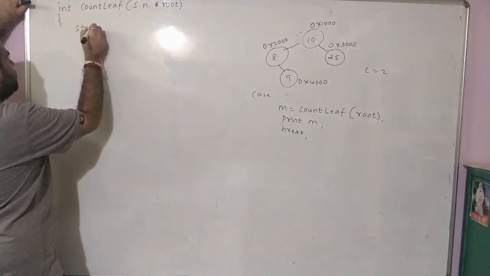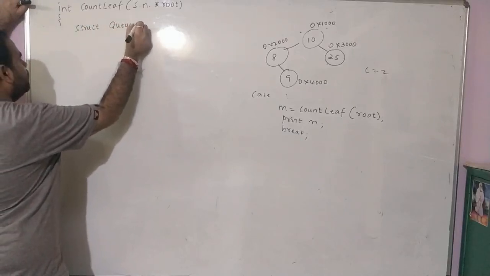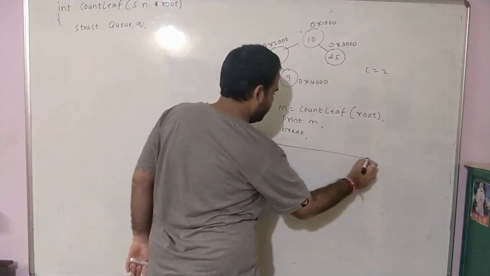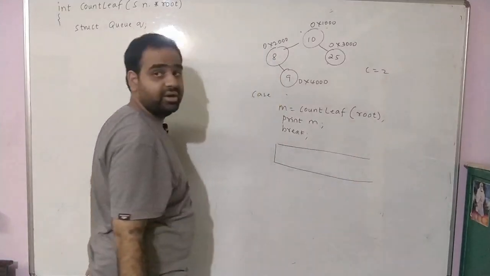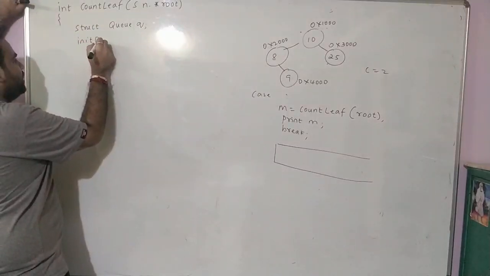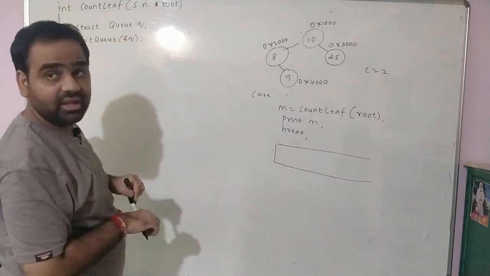And how do we create the empty queue? We say struct queue and queue. Already I said it. How do you do the queue for the node pointers? Now this is the queue that we have already discussed. Now you have to initialize this queue. Hence we say init queue of &q. Now this queue is being initialized.